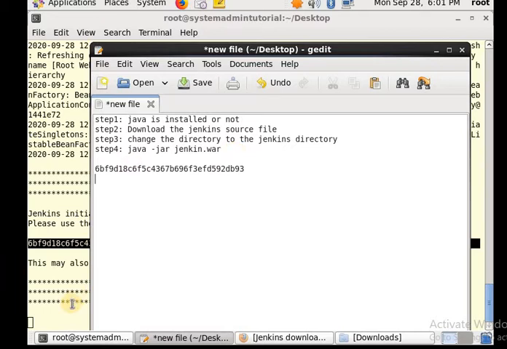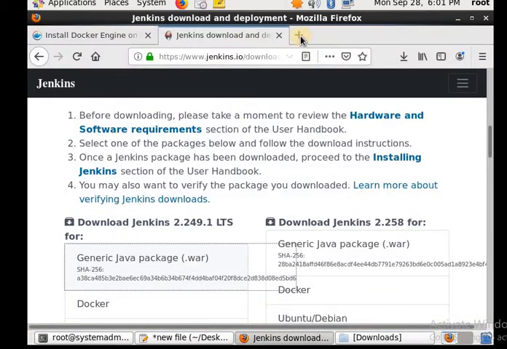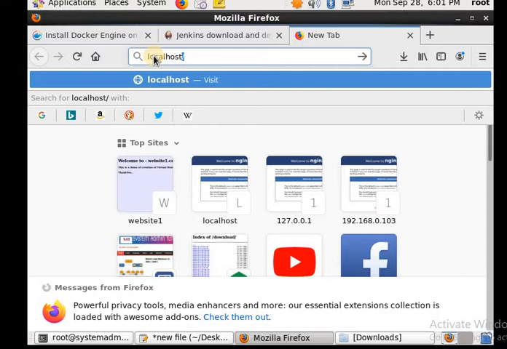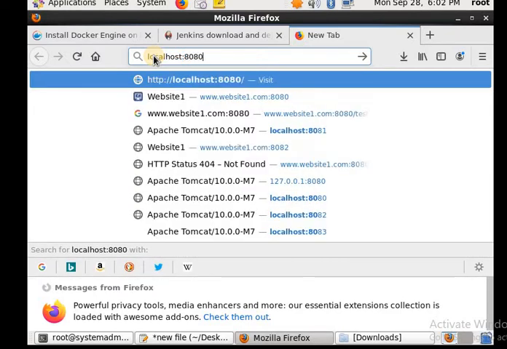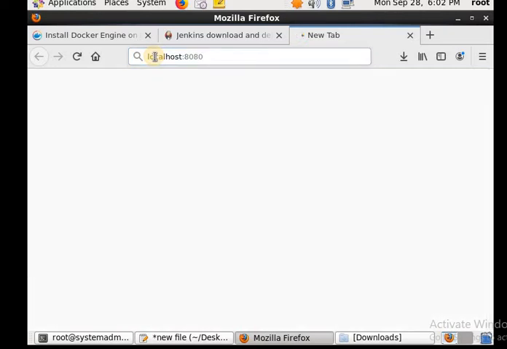Once you get this screen, you have to go to your browser, and in the browser itself you try to access your localhost with the port number 8080. The default port for Jenkins is 8080.